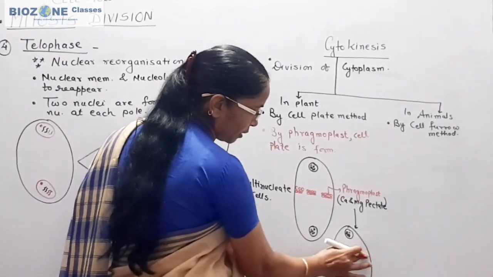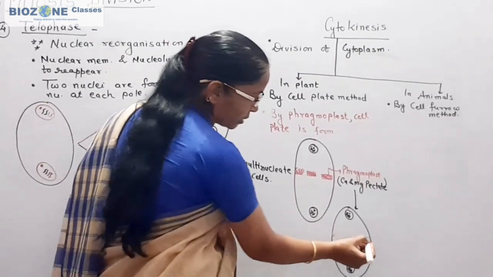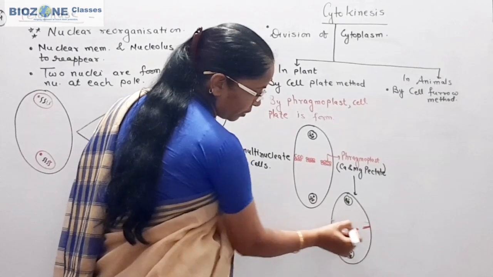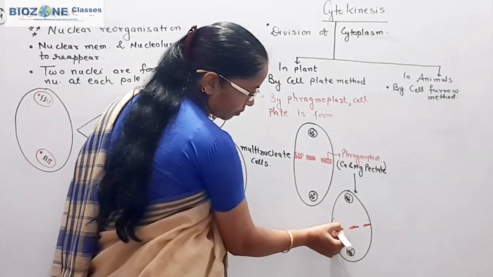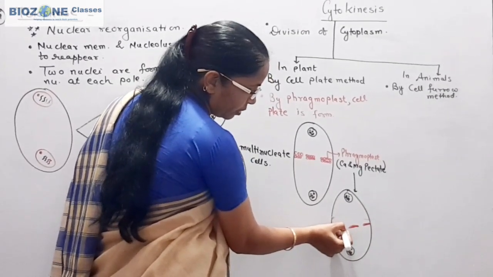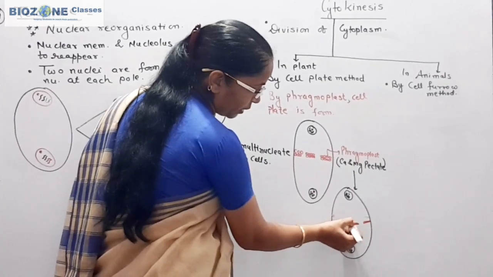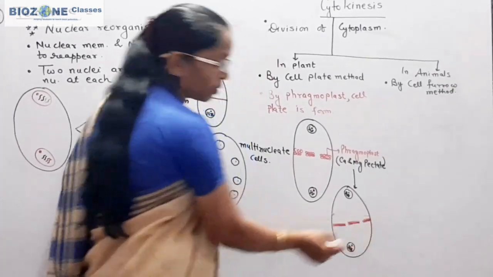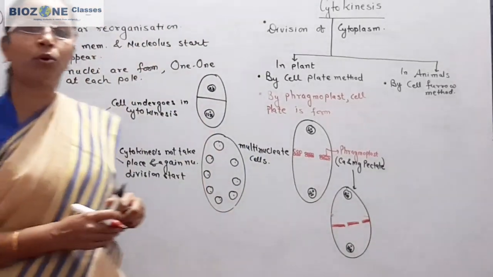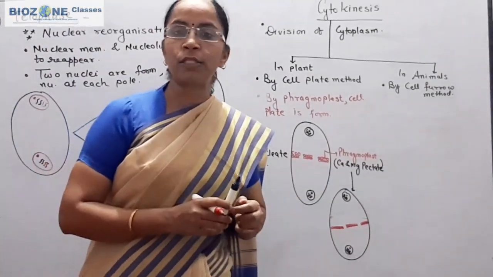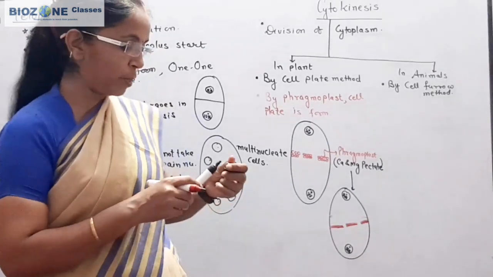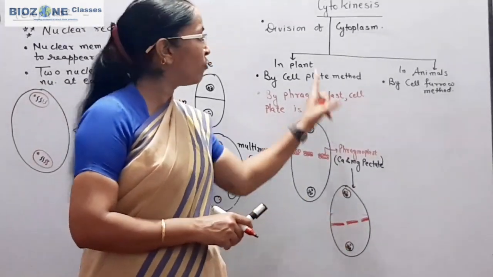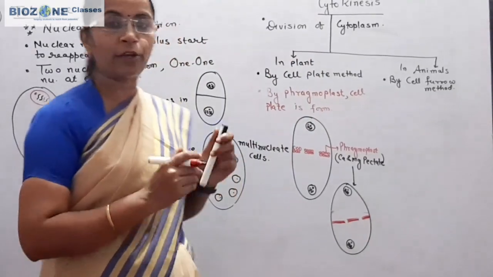It has not come exactly in the center, so I will roughen this. So the cell plate is formed here in this way, and the sites where the cell plate formation does not appear in future become functional as plasmodesmata in plants, or cytoplasmic connections as we commonly say. So this is the common method in plants for the division of cytoplasm.